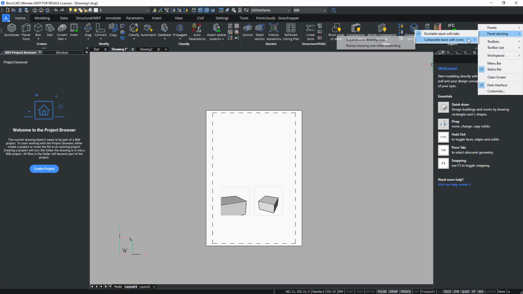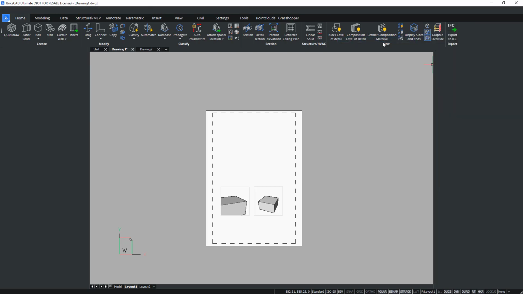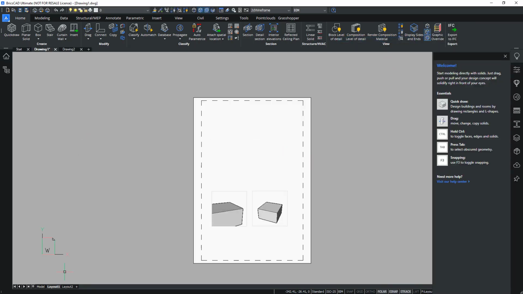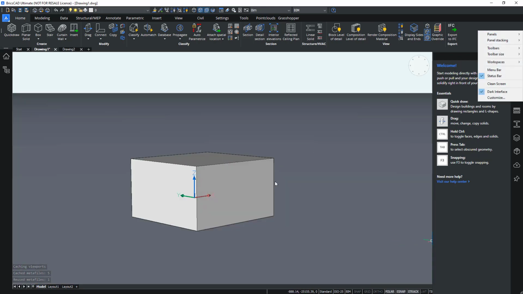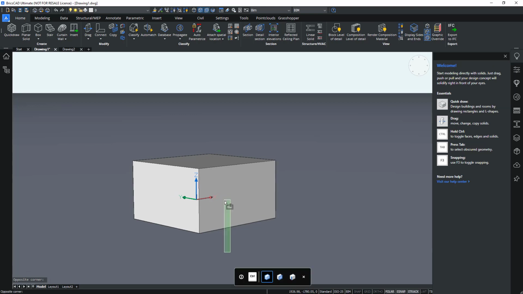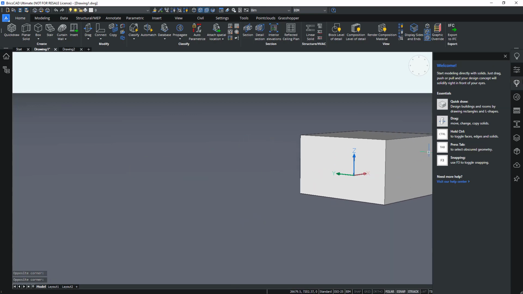You can also say that your panels either expand over the drawing area, so then no matter if I hide or show, my view stays the same.